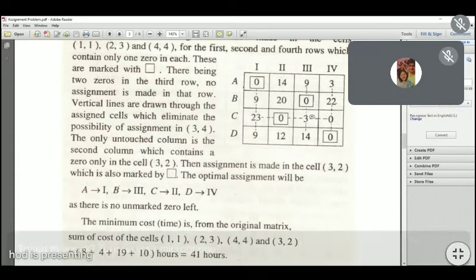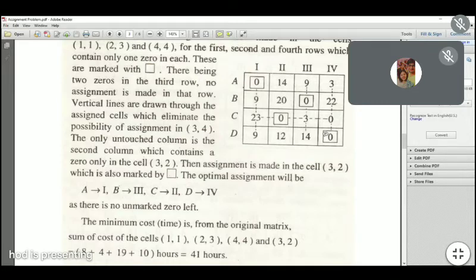Now in the third row we are in trouble. There are two zeros, 23, 0, 3, 0. There are two zeros. So when you have more than one 0, skip, do nothing for now, skip. Okay. Now come to the fourth row. Luckily for us, here also there is only one 0, so there I have done an allocation. Okay. Now